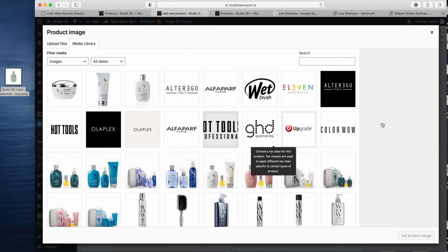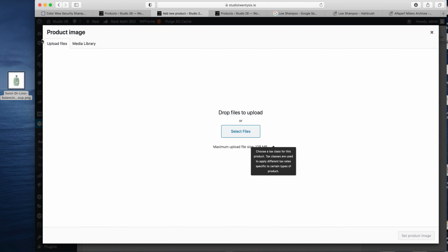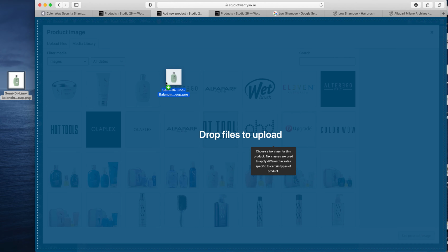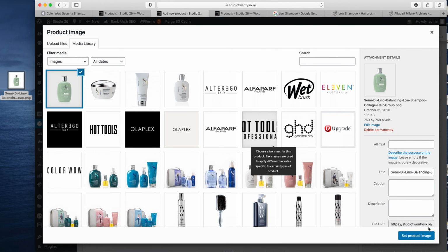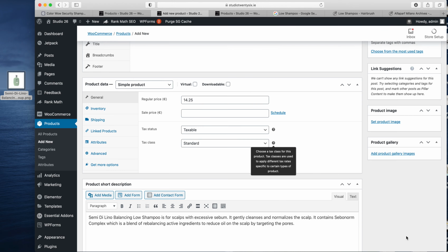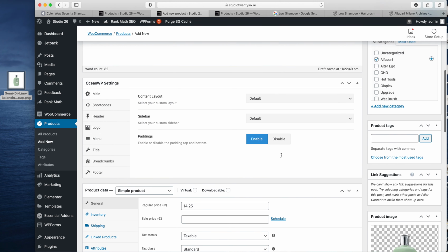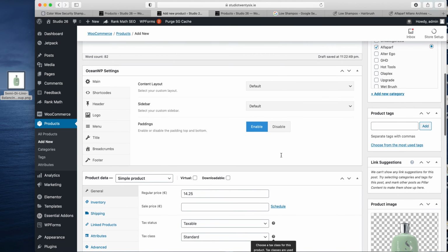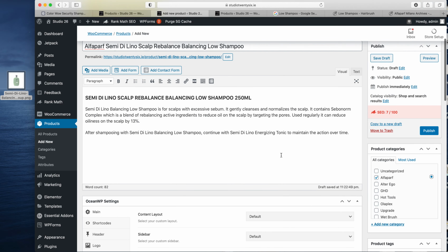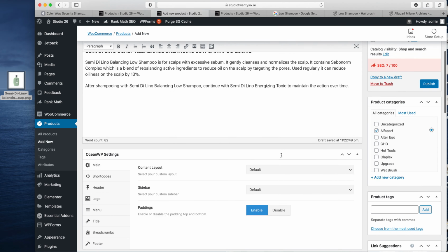click on set product image. Now we can just drag it in here, or we can upload from our files if we want to search something on our desktop, but I'm just going to drag it in there. Press set product image, and that's pretty much it. Now I do another couple of things to improve